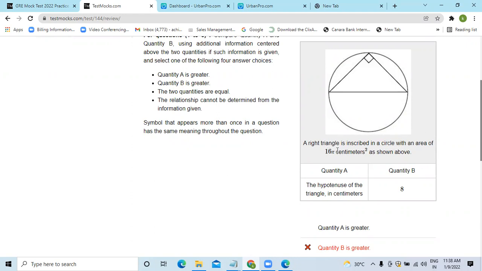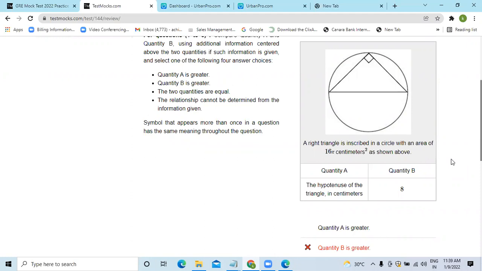So I took it as AB upon 2 is equal to 16 pi. Then since A and B are equal because it's isosceles, I got A squared is equal to 32 pi. And then A squared plus B squared is 64 pi, and under root that is 8 root pi. Okay, my bad. So you must be very, very careful. It's a very simple question: the area of the circle, and of course the relationship between radius and diameter. Twice the radius is equal to diameter.